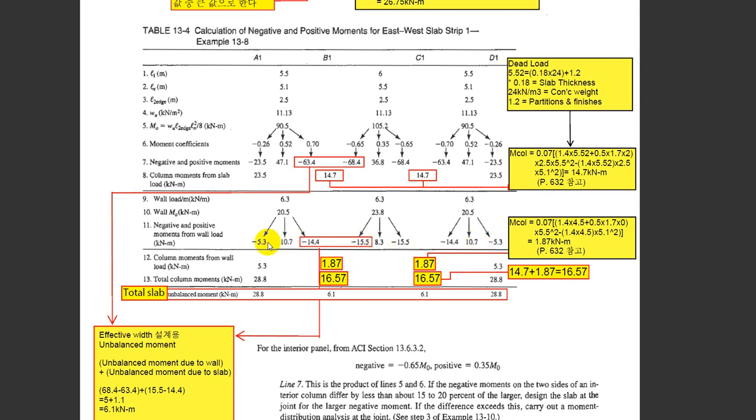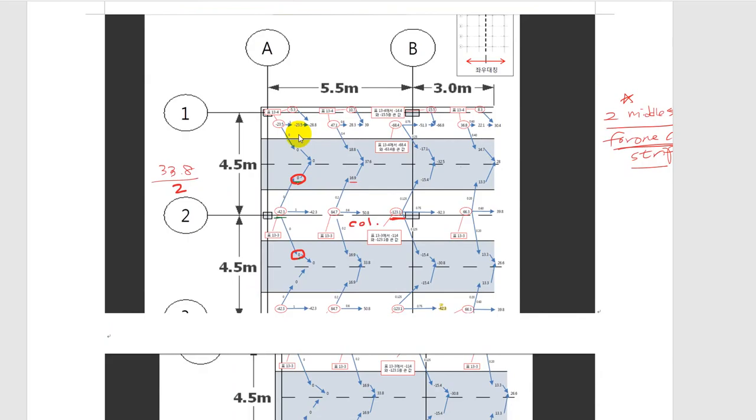Okay, and we're going to take a look at these two, one from slab loading and one from wall loading, at A1, B1, C1, D1 strip. We'll take a look at one part because they are both symmetric and they share the same design. Okay, as we just saw over there, minus 5.3,